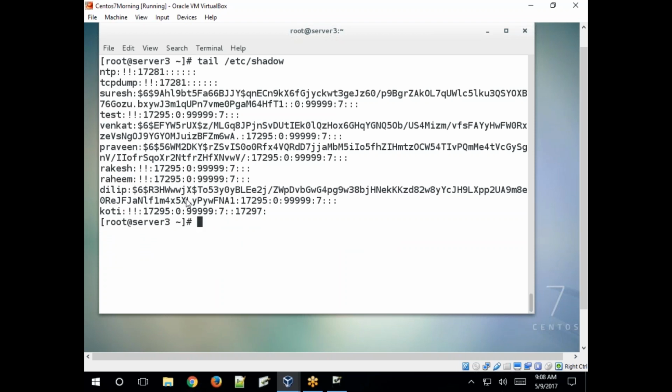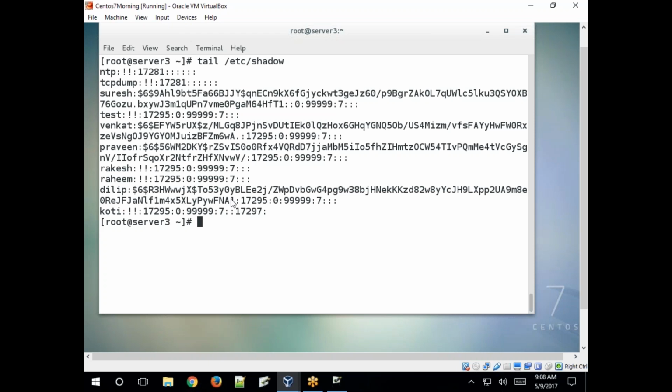Before that there was no password because we had not provided any password for Dilip, just created the user. Now the password is created for that Dilip user and stored in encrypted format.